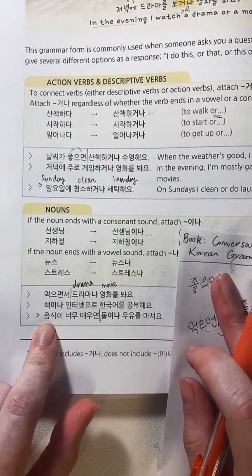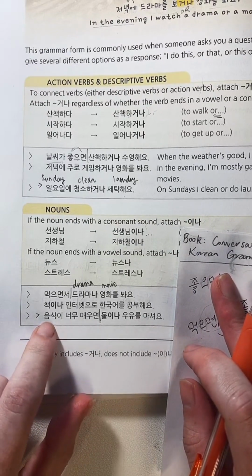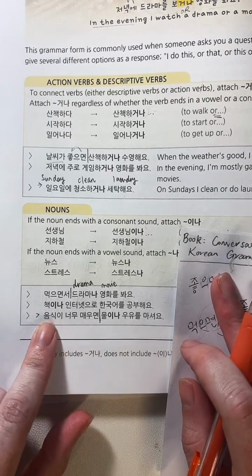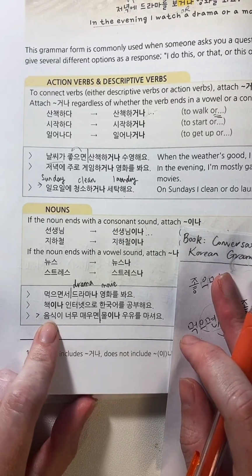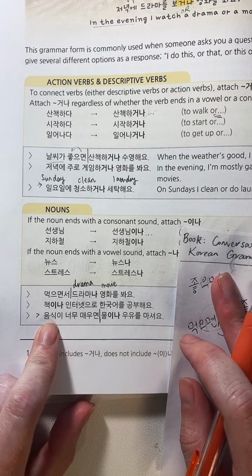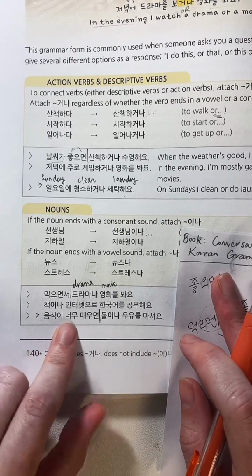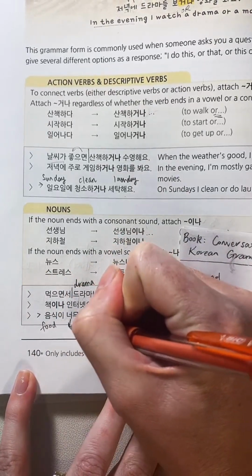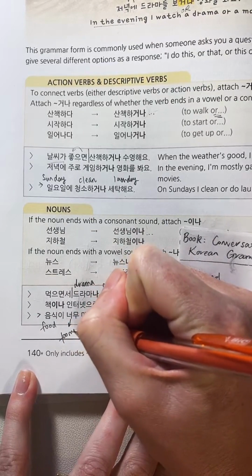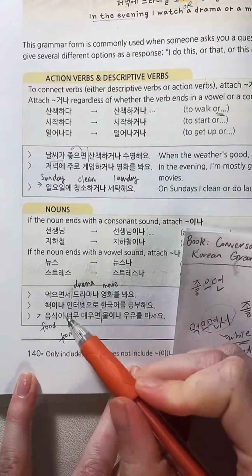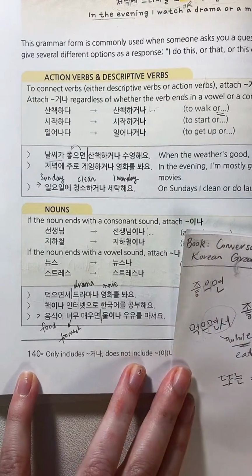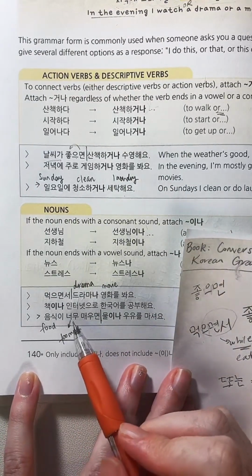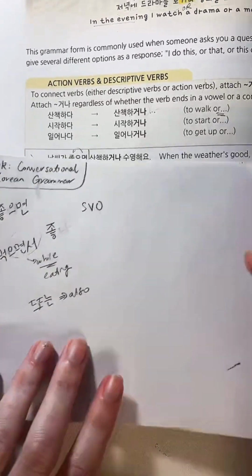What does 음식 mean in Korean? 음식, this first word here. 음식이. Food. Yes, that's what this means. 음식이 너무. Food. This 너무 means too much. 너무 is too much or very or really. 음식이 너무 매우면. Okay, now this